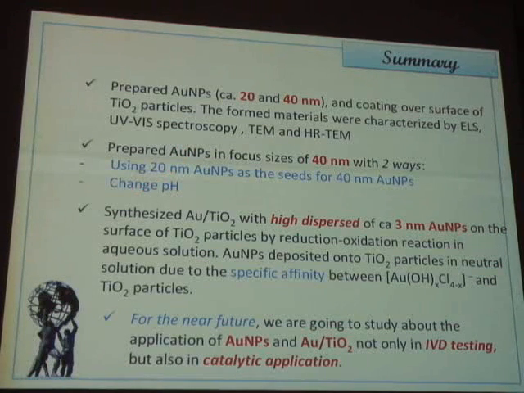We synthesized gold-covered titanium with high dispersion of 3 nanometer gold nanoparticles on the surface of titanium, and gold nanoparticles deposit onto titanium due to the specific affinity of some kind of chemical bonding between the gold hydroxo chloro complexes